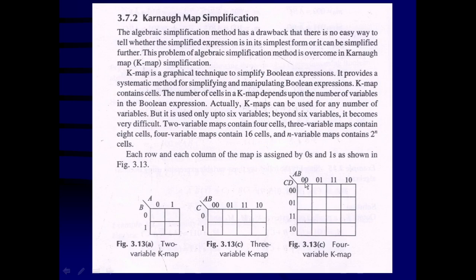When you are moving from one column to another column, only one of the variables is changing at a time. That way the sequence of these variables is adjusted here. So either you are moving from here to here or from here to here, only one of the variables is changing at a time, not both. That's why it is arranged this way. After this, if I would have put 1 0, that means 0 is changing to 1 and 1 is changing to 0, so both variables are changing. That's why it is not preferable, because in simplification it is not okay.